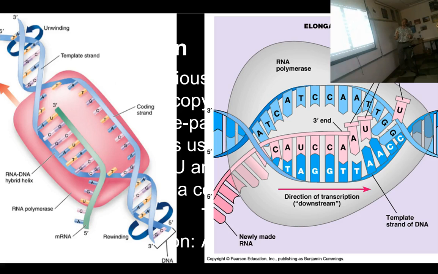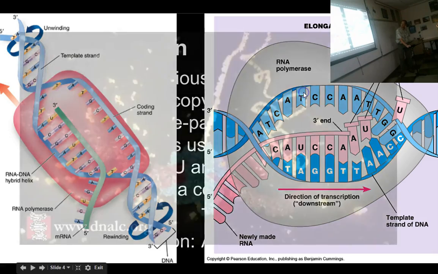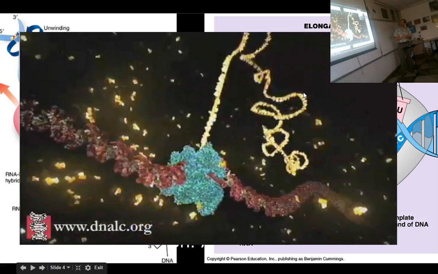So the messenger RNA is created by RNA polymerase, and the DNA is unwound and read, and this molecule will slide along the gene and create messenger RNA as it goes. Okay. Here's another picture of it. This is meant to look more realistic, but it's still just a graphic. Here's a piece of DNA that's being read by this protein, and it's creating the messenger RNA strand coming out of the back.